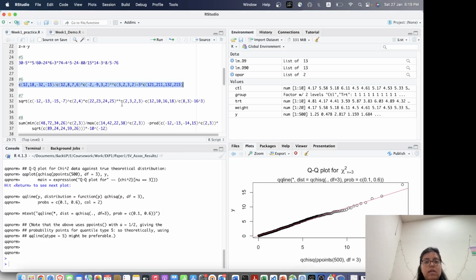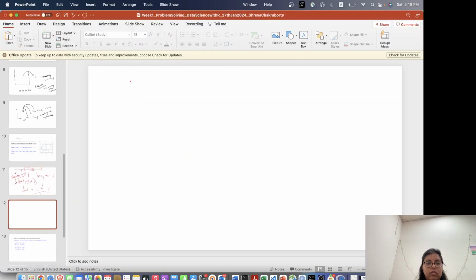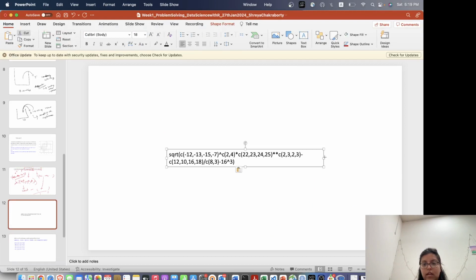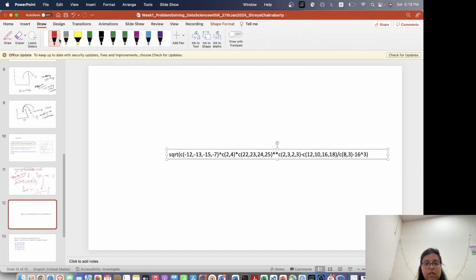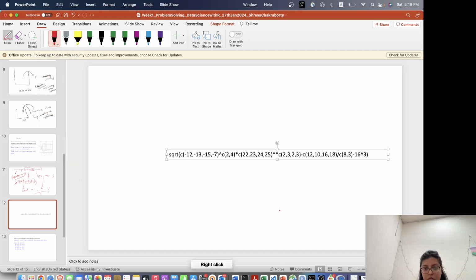Alright. Similar question is this thing, square root of this one to the power c of 2, 4. So here you see, okay, again here, this is this one, sorry, where is it? Oh no, my pen is not working. Okay, so this part,